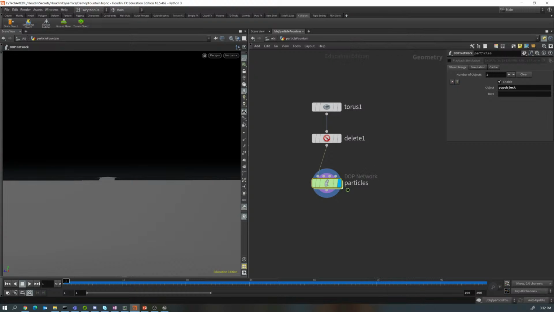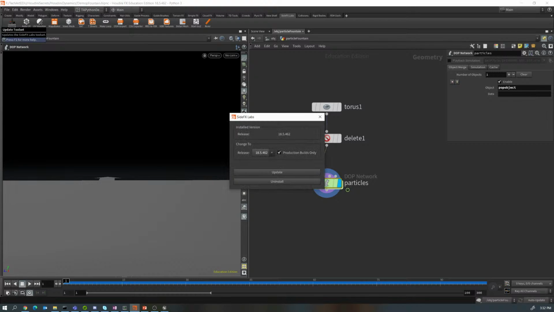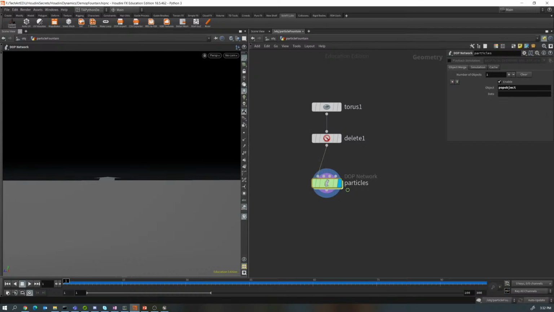Now, when you look at the Side Effects Labs shelf, make sure to hit the tool update to get the most recent version. Yeah, there it is. It's going to ask me if I want to update. I don't want to update because I just updated right before this presentation, so I don't need to. So I'm going to go ahead and close that, and I'm going to drop that off of here, and I'm going to drop in a,